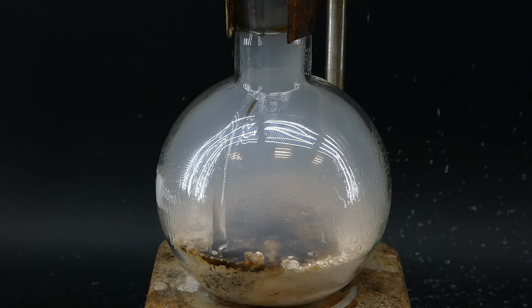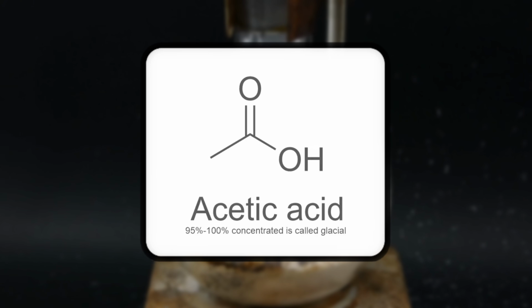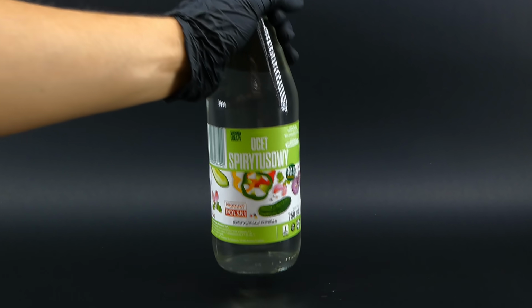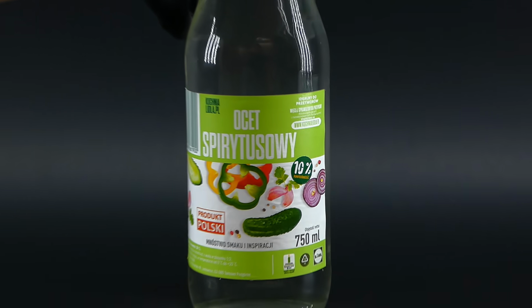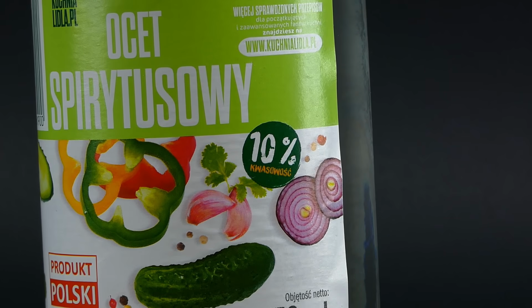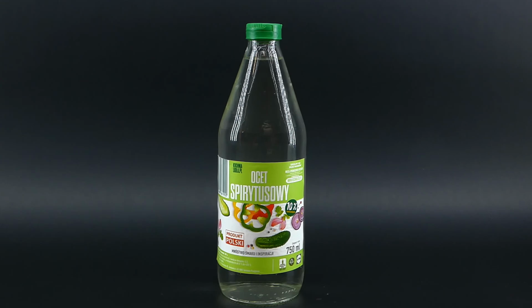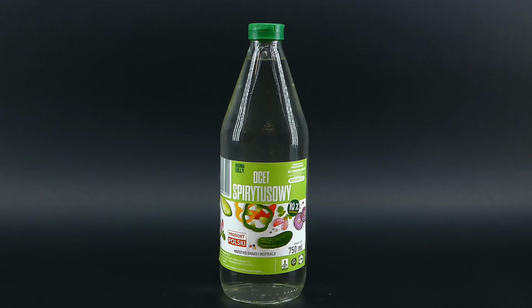You see, glacial acetic acid is just nearly anhydrous acetic acid with a concentration often exceeding 95%, and if you know basic chemistry, you also might recognize acetic acid as the main component of household vinegar. The vinegar from your kitchen often has a concentration of only a few percent. The most concentrated one that I could buy is just 10%, and for cooking and cleaning stuff it is completely